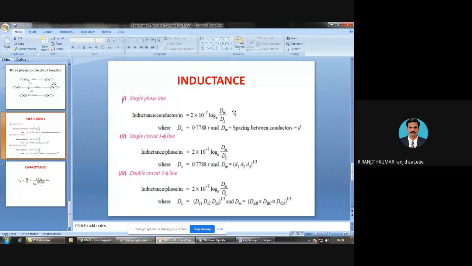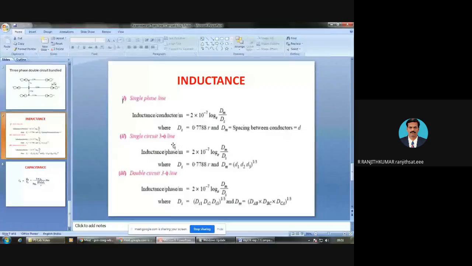Dm is otherwise known as GMD, geometric mean distance. Ds is otherwise known as geometric mean radius, GMR. You can use both terms. The only thing is you should be able to classify where to substitute this r dash and where to substitute this d. Now we are going to see a three-phase